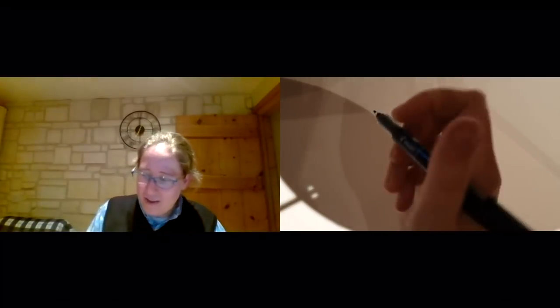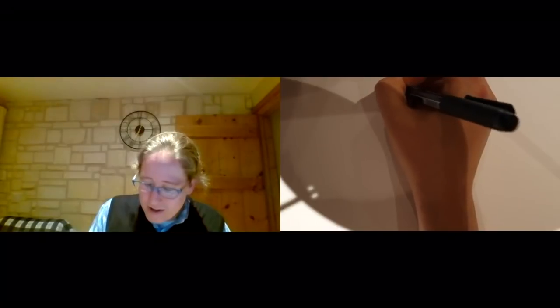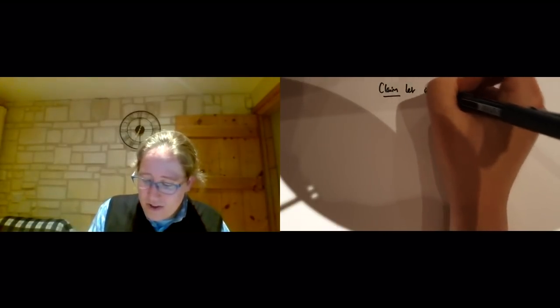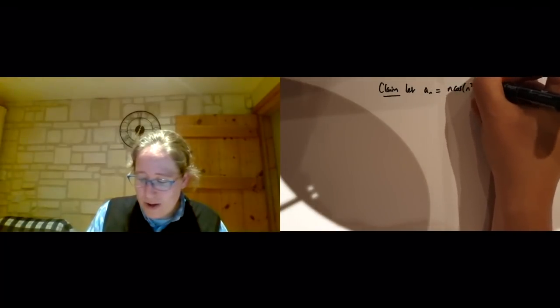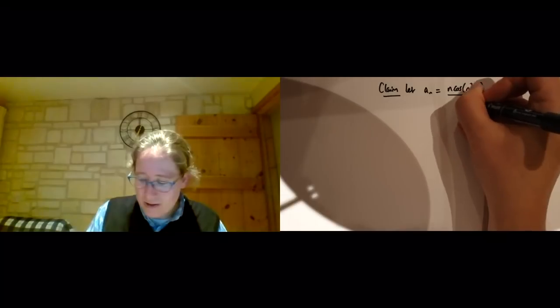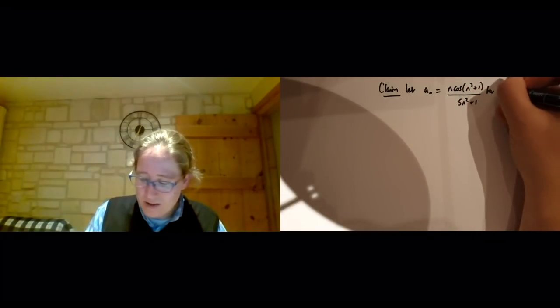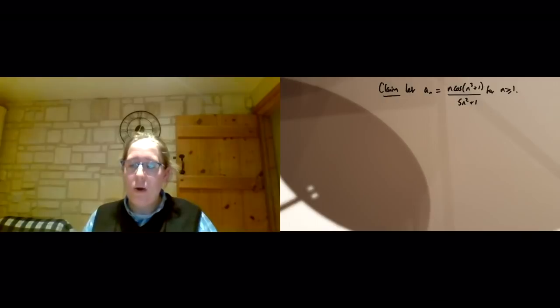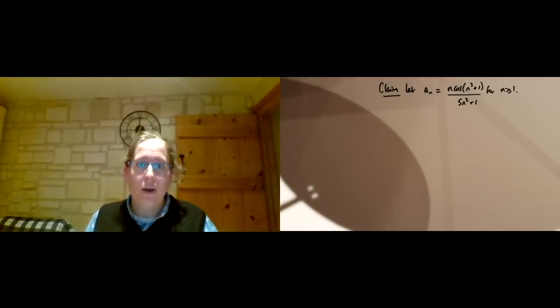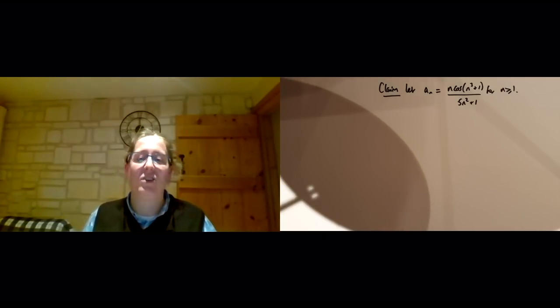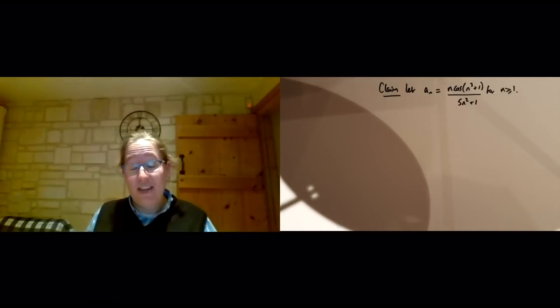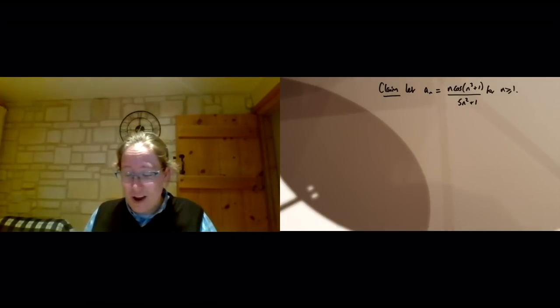One more example now. Let's think about the sequence a_n, which is n cos(n^3 + 1) over 5n^2 + 1, for n greater than or equal to 1. Why have I chosen this sequence? Because it's not very nice. It's not going to be super nice proving that it converges from the definition. We will see other potentially nicer strategies in later videos, but I want to demonstrate now a couple of tips for how, even with a quite disgusting sequence like this, we can handle it quite well.